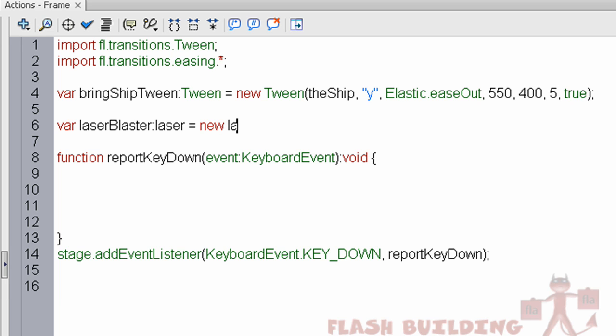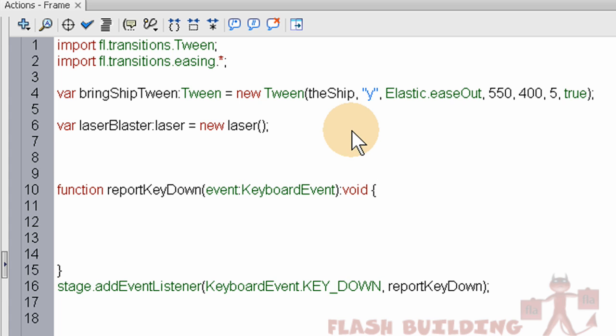Remember, we named it laser, and then we'll open parentheses, close parentheses, and semicolon. Now we have our laser blaster movie clip ready to be used,